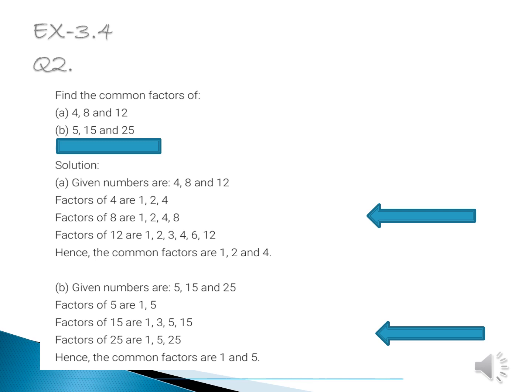For example, 3 and 7, right? 3 and 7 have none of the factor common rather than 1. 1 is a common factor of 3 and 7. 1 is the only common factor of 3 and 7. We have many examples like this. So if I talk about the common factors of 3 and 7 at this particular moment, so I find only 1 as the common factor of the two, right? So such numbers are called as co-prime numbers. We will have a question of this very soon. So for that question, you will be needing the definition and the knowledge of co-prime numbers. So let's move on to the next part.